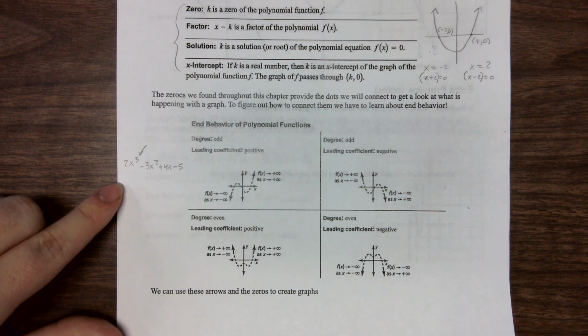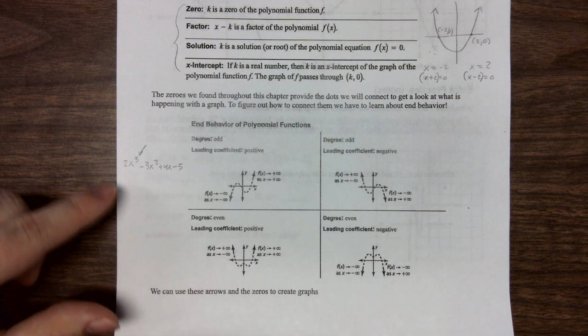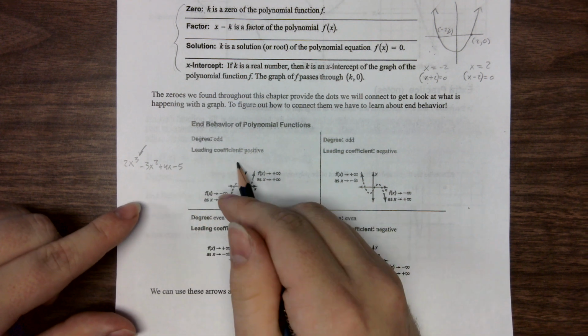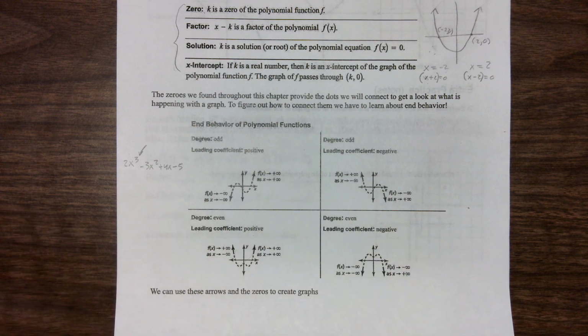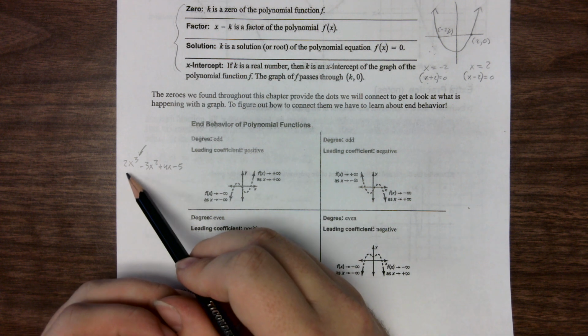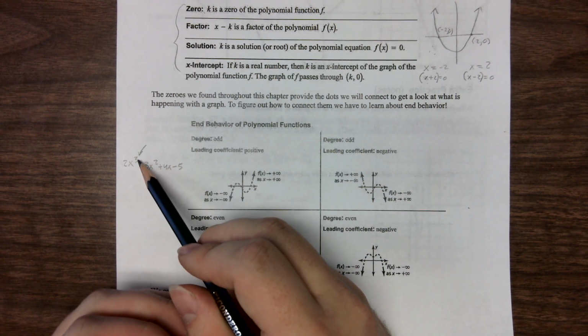It is also odd in this particular instance. Now, the leading coefficient is the coefficient, which is the number in front of our variable, of the term with the highest power. So in this instance, x to the third is my highest power term, so 2x to the third, and my